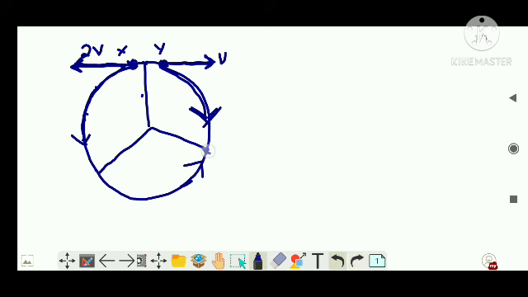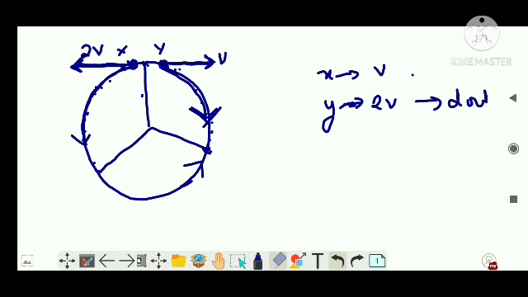Okay, now after this collision, one collision is completed. Now x is having how much velocity? v velocity, and y is having 2v velocity. That means now y will cover double the distance as that of x. Currently after collision, y is moving in this direction with double velocity. That means y would move like this, and let's say it has reached this point here. Similarly, x would have come in this direction with velocity v and it would have reached here. Clear?